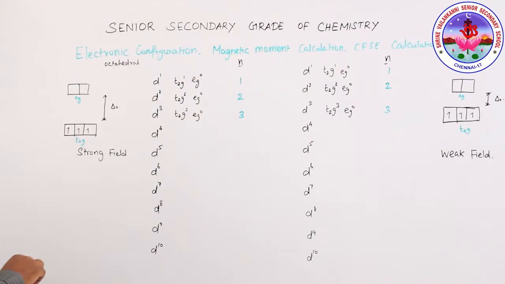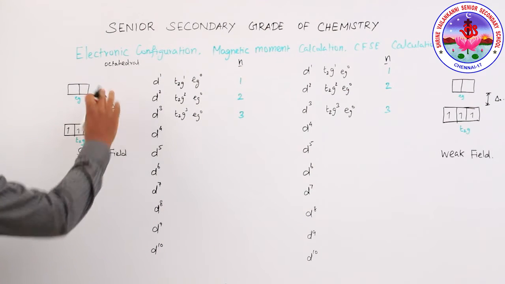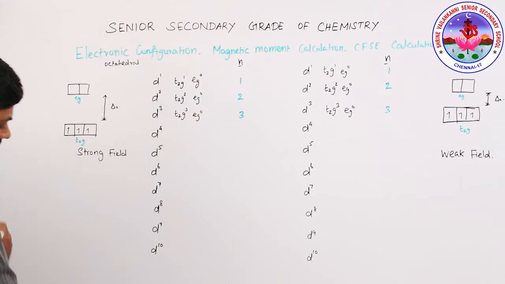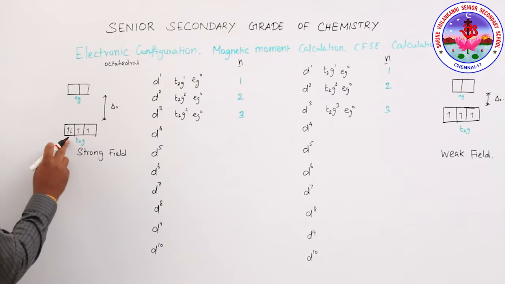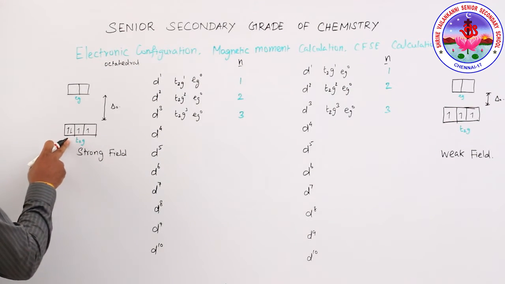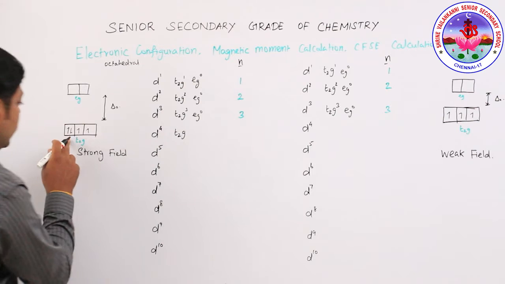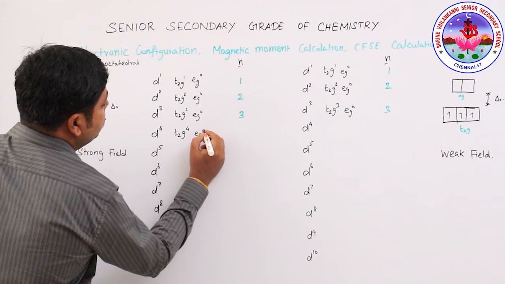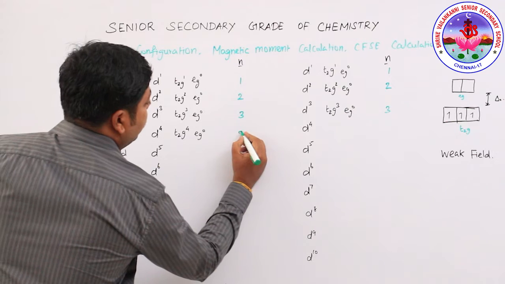Now look at the fourth electron in the D4 system. They have 4 electrons. Here the energy gap is high. So, pairing of electrons first starts in the T2g level. The fourth electron enters the T2g orbital, which means pairing is started. So, the electronic configuration is T2g 4 because of 4 electrons, then Eg has no electron, so Eg 0. Here the number of unpaired electrons, how many? 2, right? 2.